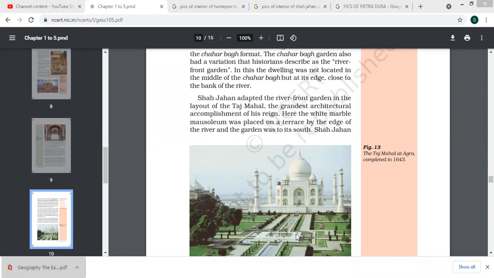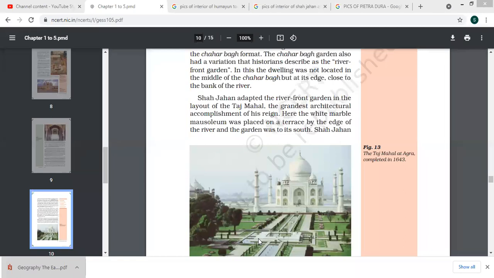You can see in this picture the white marble used for the construction of this great, wonderful monument. It was placed on a terrace at the edge of the river, and the garden was to its south.